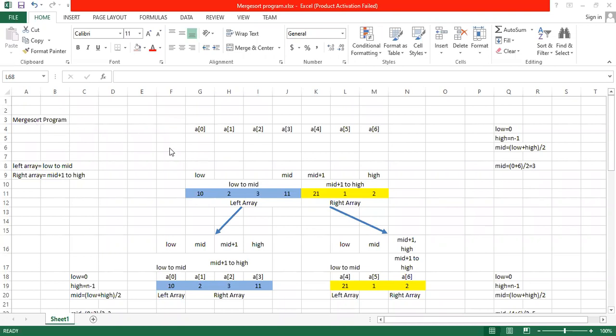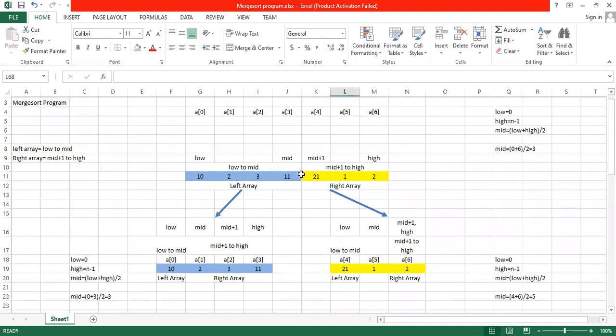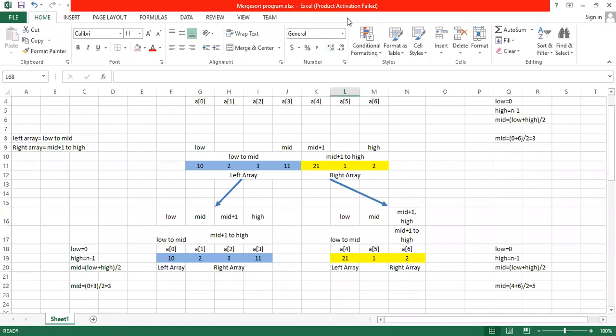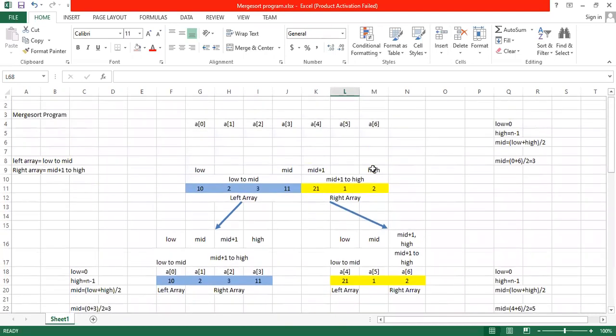Before explaining the code, you should understand the logic. I have taken an unsorted array of 7 elements: 10, 2, 3, 11, 21, 1 and 2.